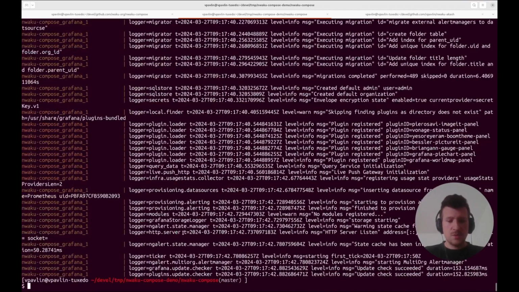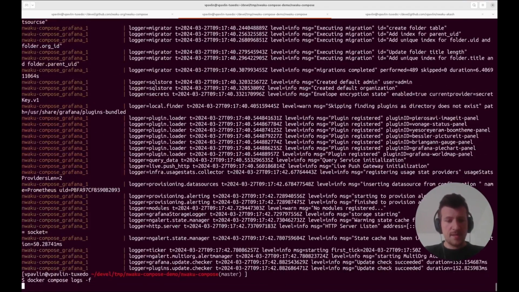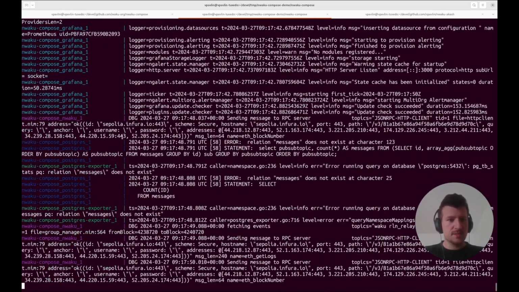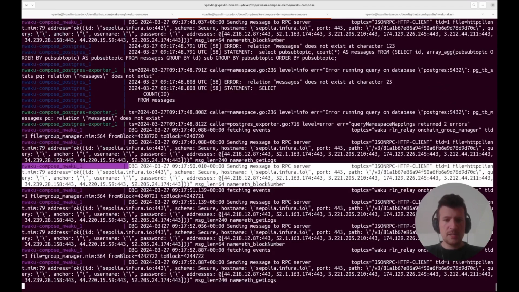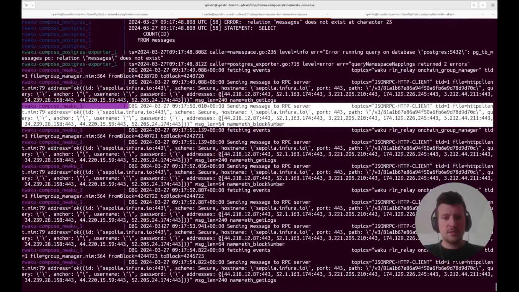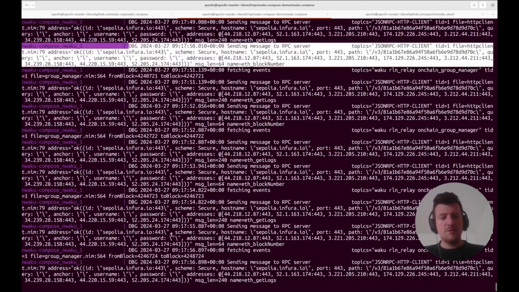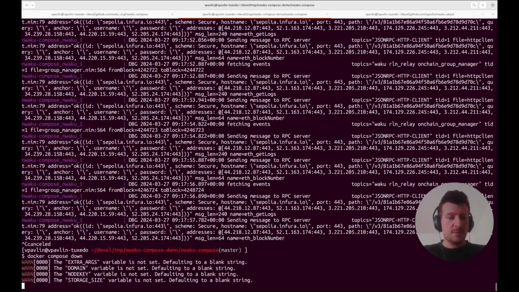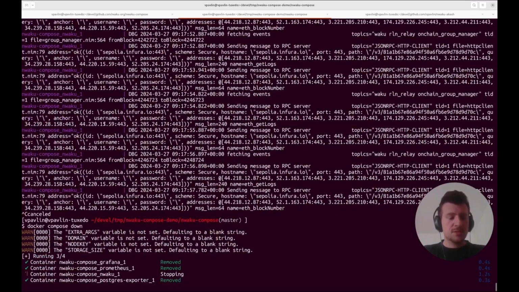So we will see that the node is just basically querying the RPC endpoint all the time, over and over again, scanning for blocks and stuff like that. So I'm gonna stop this because I want to actually show you a running node, and this takes a couple minutes. So I'm just gonna stop this, and I will go to this other folder that I have